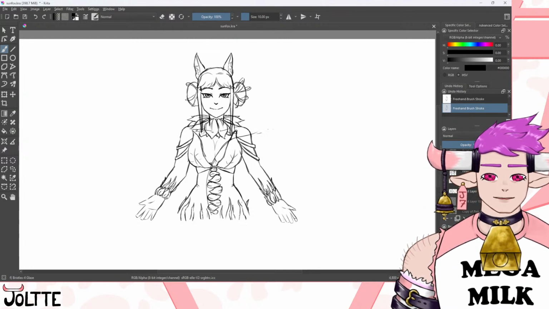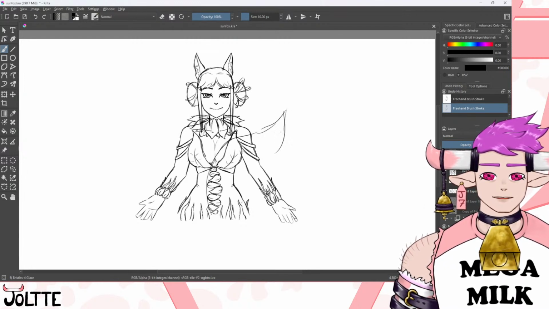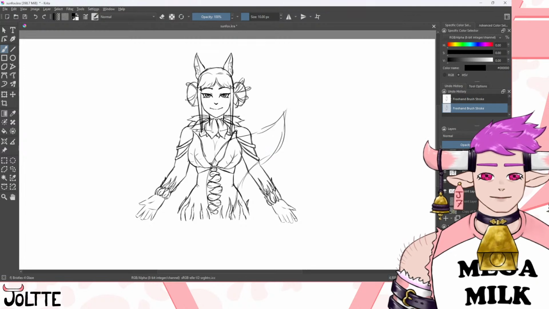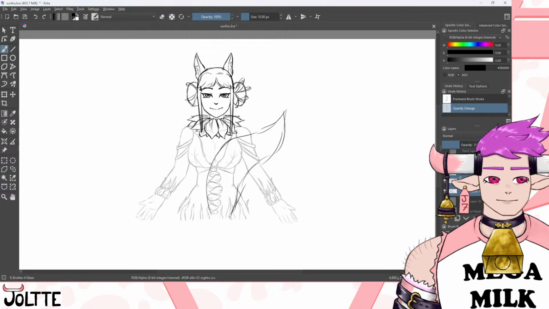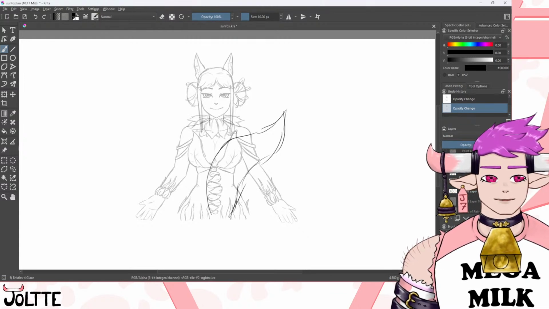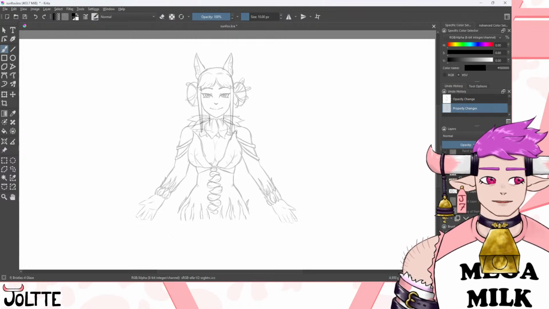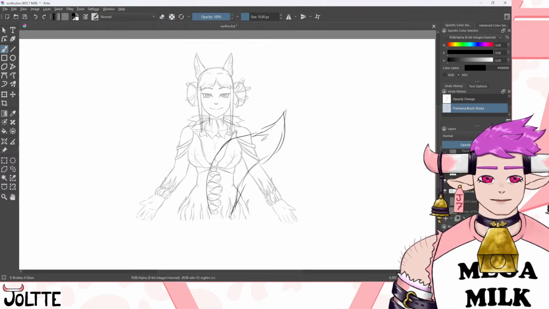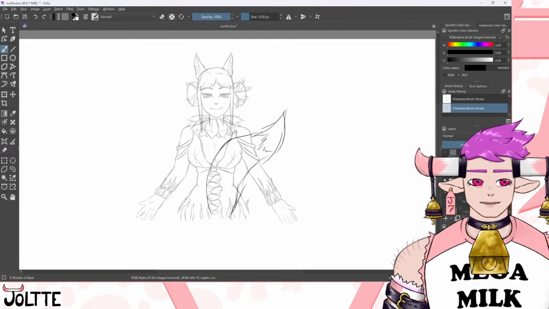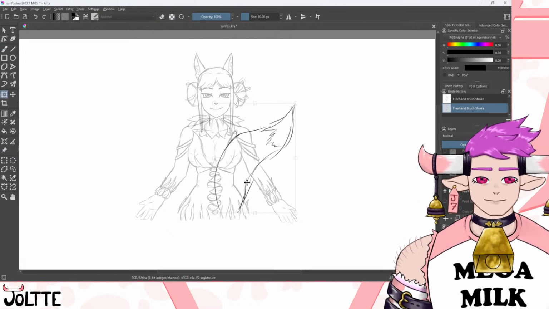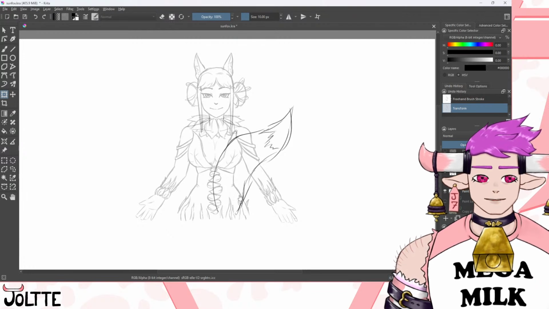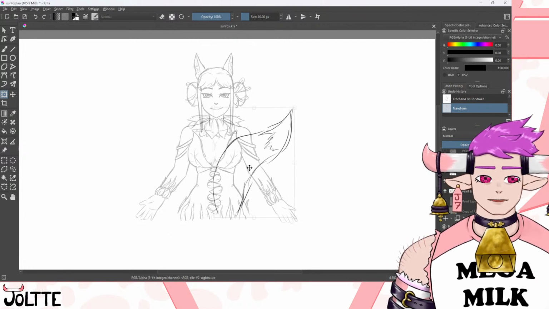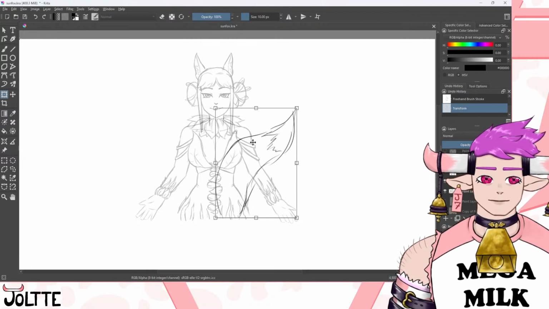So foxtail, we'll make it rather big because that's kind of just how all that's going to want to be. Yeah, and then all the foxtails have that little bit there. And it sticks out like that, and then of course it'll be able to move. So maybe we want